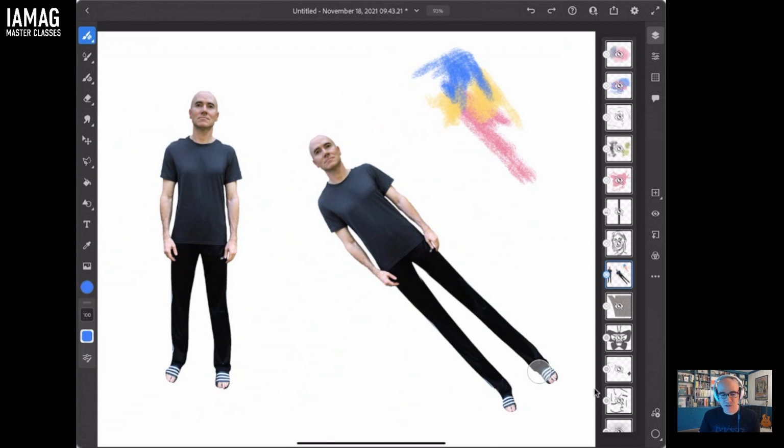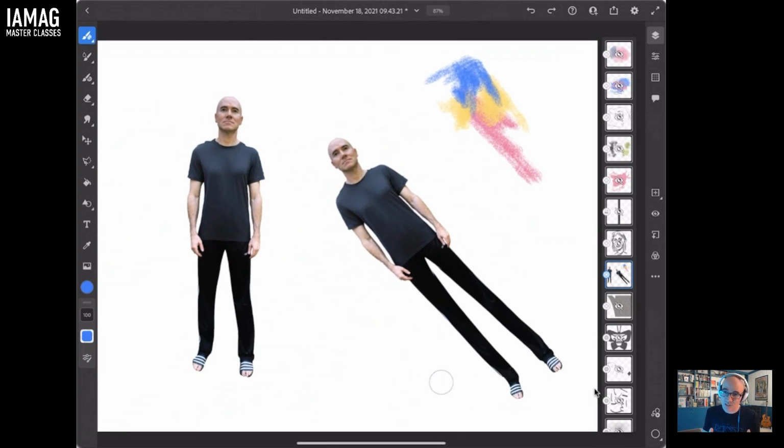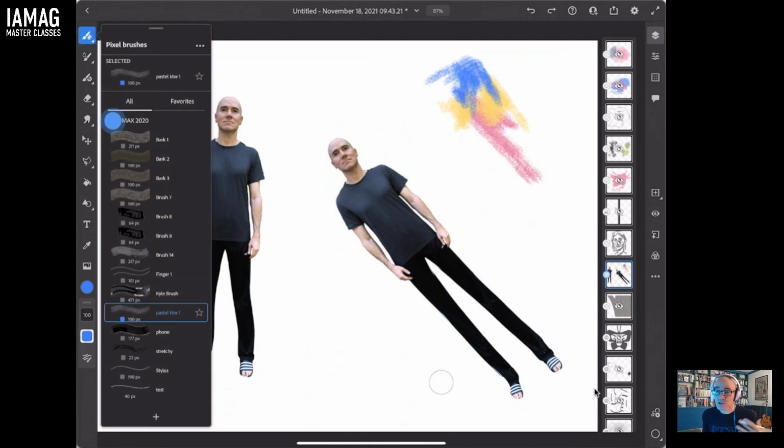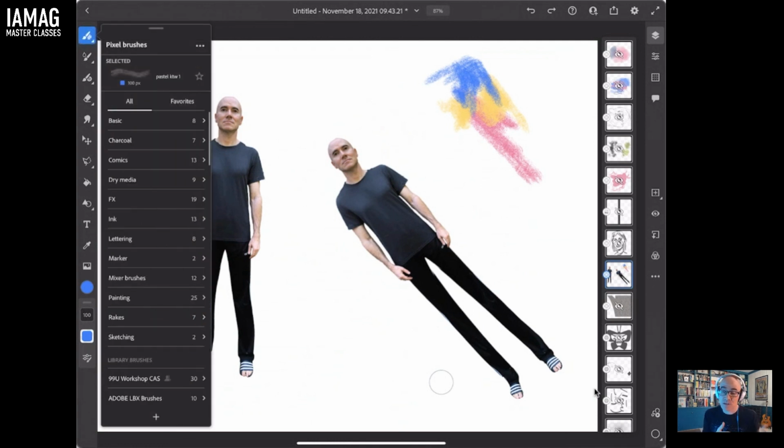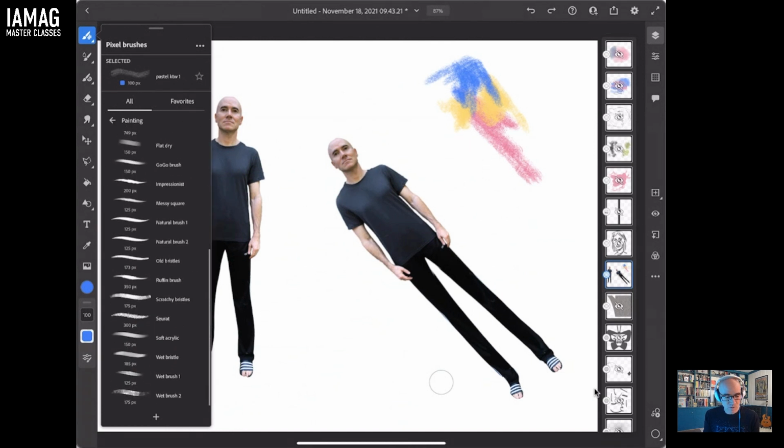I just thought of something which I didn't show you because, as simple as this app appears on the surface, there is a lot you can do that is unique. And one of them is you can work with multicolor brushes. I was talking about RGB brushes a second ago, which Capture allows. But any brush you use in Fresco can also work with swatches of color that have limitless colors in those swatches. And what I mean is, if I go to the painting category, for example, and we use the wet bristle brush,